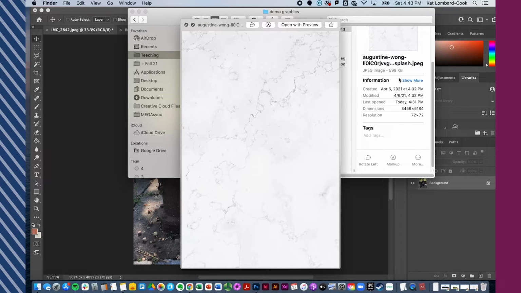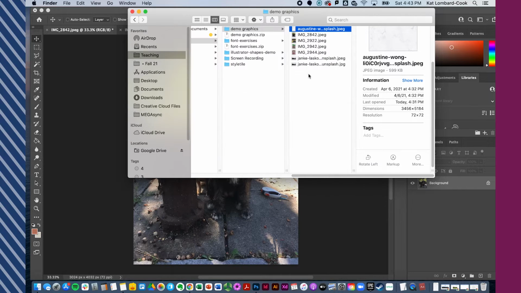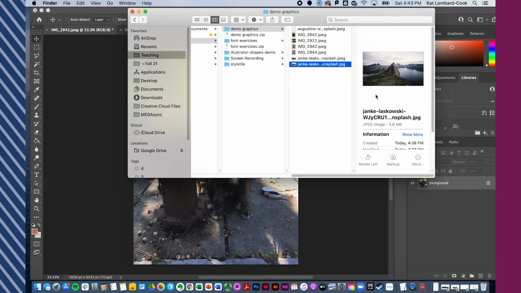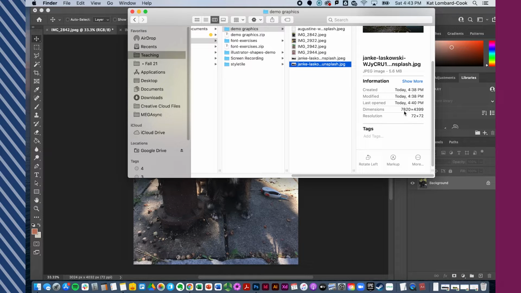It's only 599 kilobytes, mostly because it's a mostly white picture with some dark grays and some blacks in here. And so that's not a lot of pixel information, so it's relatively small for its size. We're going to take a look at that in terms of thinking about background for your site and how you might want to optimize that guy, as well as taking a look at this other huge image,